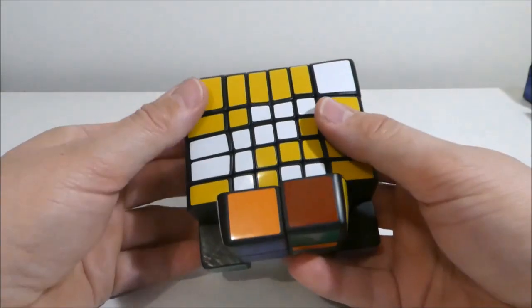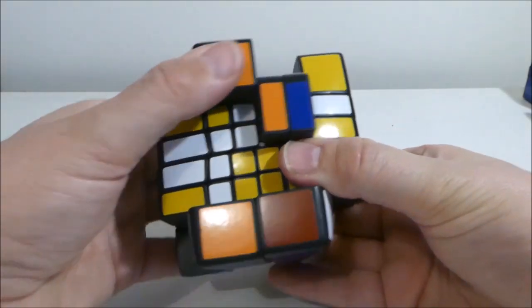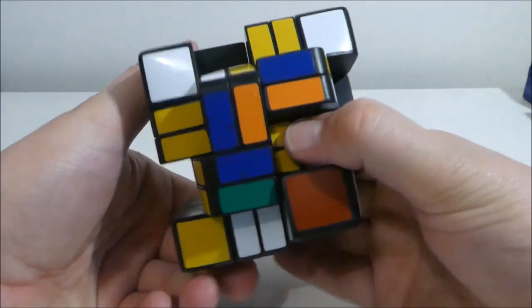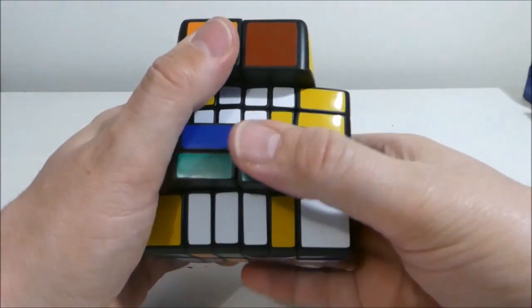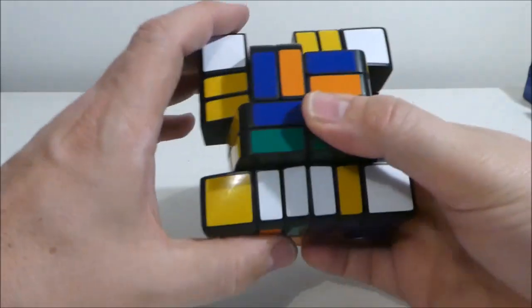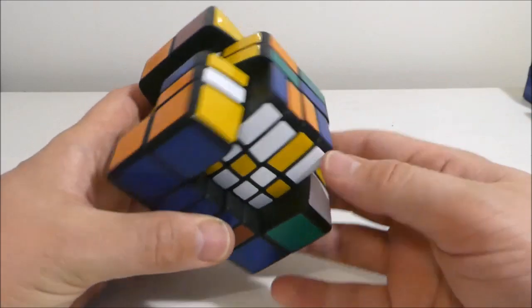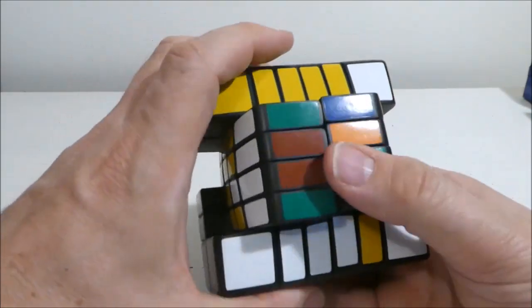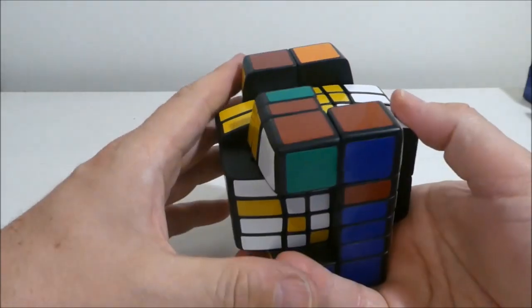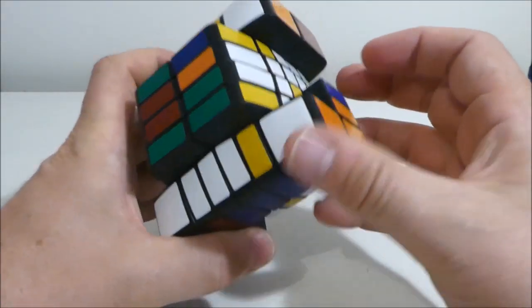It's actually not looking too bad. Same sort of thing. Finish it off like that. Now, what I like about this is that all my outer corners are done. What I don't like is that nothing else is. Now, having said that,